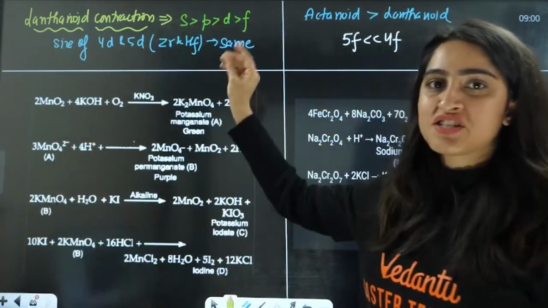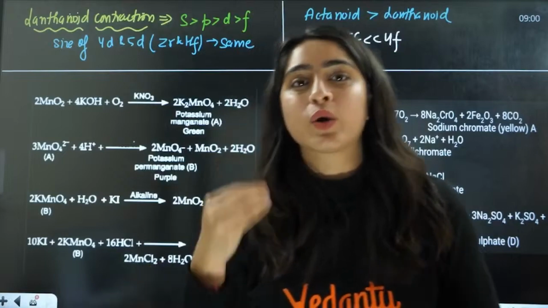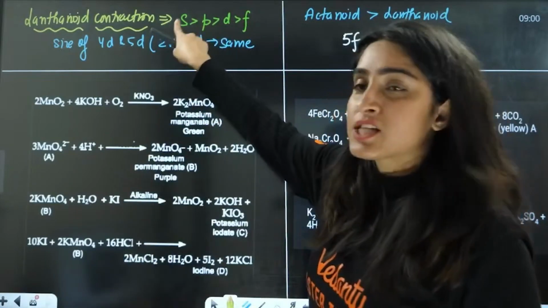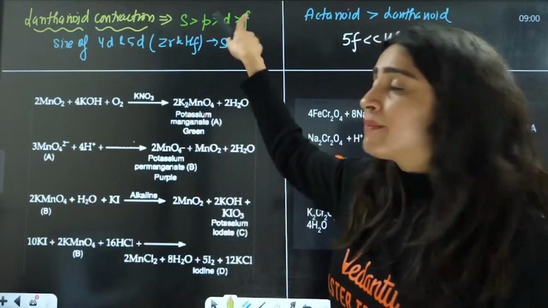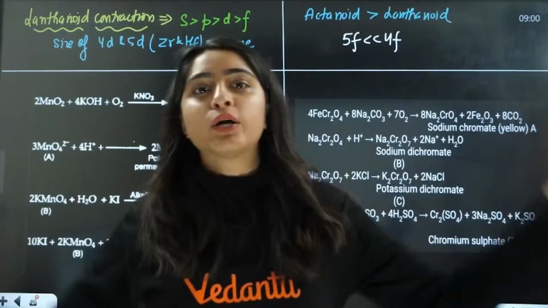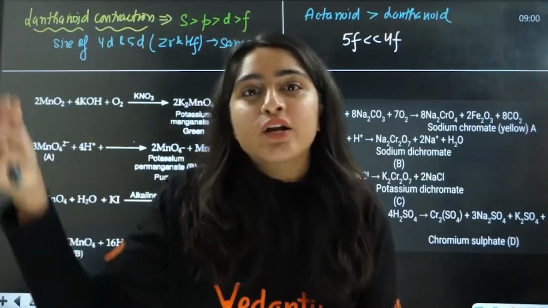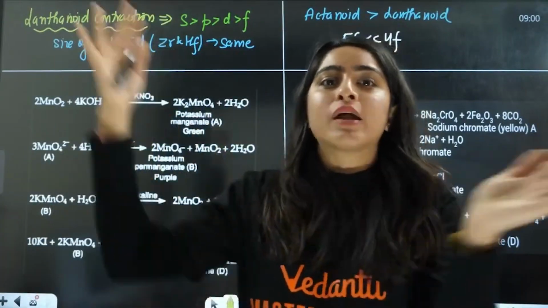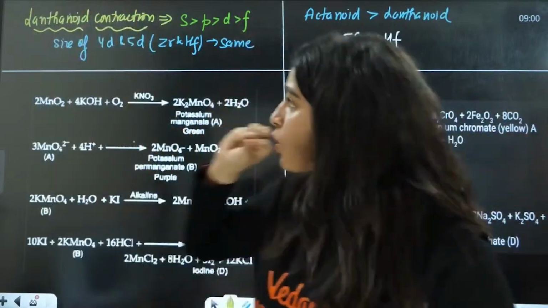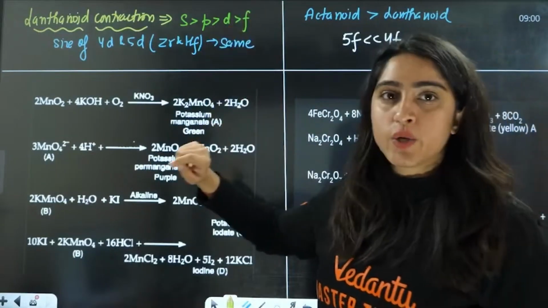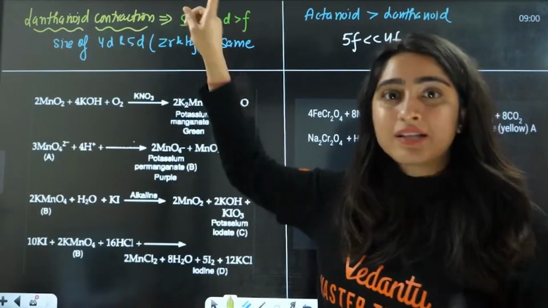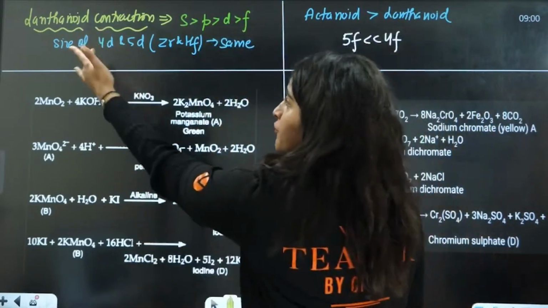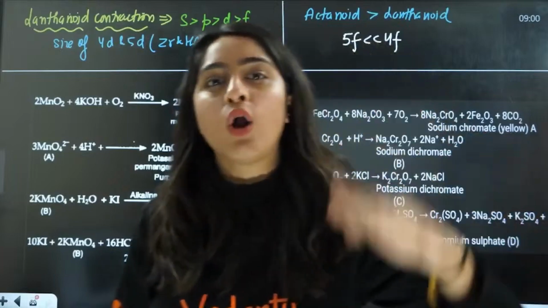Next is lanthanoid contraction. They can ask you what is lanthanoid contraction. It is because f orbitals have a poor shielding effect as compared to s, p, d. It has minimum shielding effect because it is not able to shield the electron from the nucleus. So the nucleus is going to attract the electrons and the size is going to contract here. The consequence of this poor shielding effect is that the size of 4d and 5d is going to be almost similar.